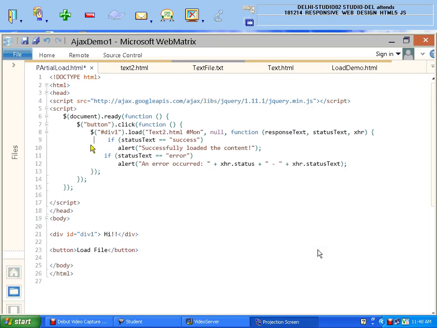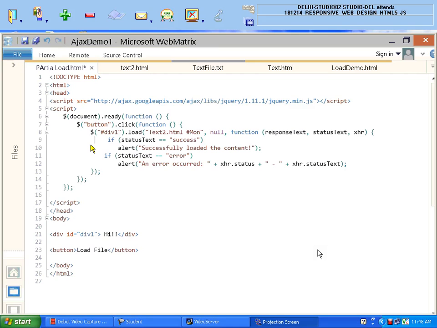So you can find I am writing over here, if the status text equals success, then do what? It will give me the message successfully loaded the content. But if I'm trying to load a page which is maybe not available, or there is an error, it will give me a message alert an error occurred.